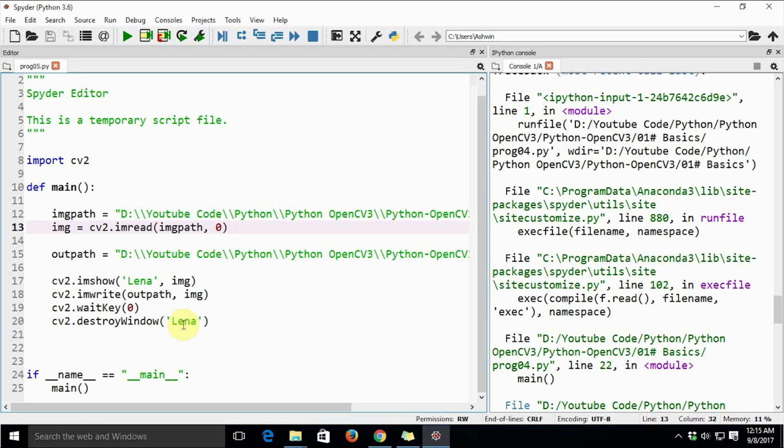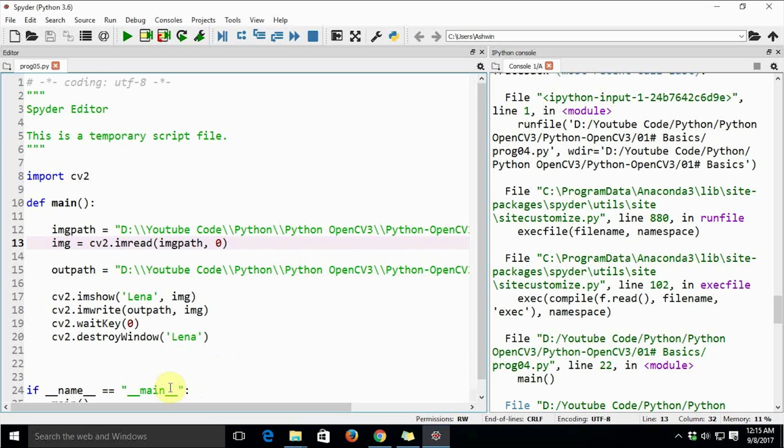So this is the end of this tutorial. In this tutorial we saw how to read images in multiple modes. The first mode is the color mode, the second mode is the grayscale mode, and the third mode is to preserve the alpha transparency of the image. We also saw how to save images to a specified path, and we combined both these techniques into writing a small utility for reading a color image, displaying it in grayscale mode and then saving it in grayscale mode on a different path on your disk.